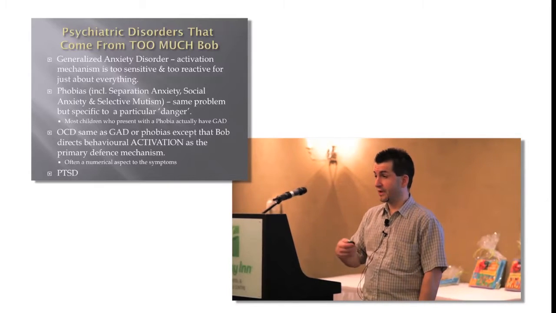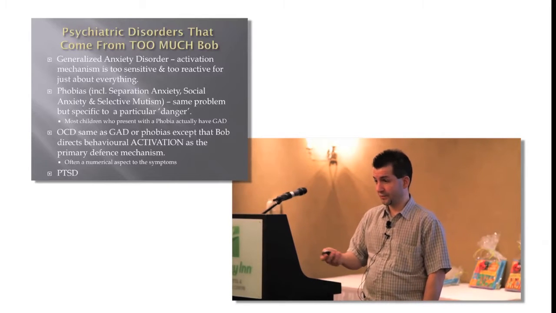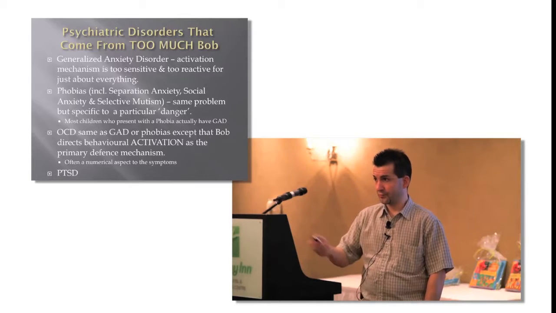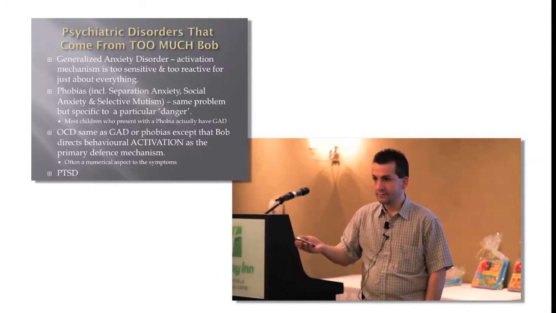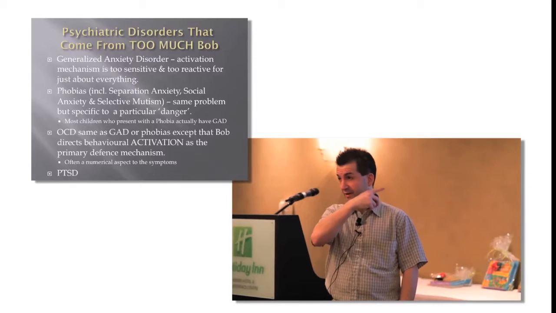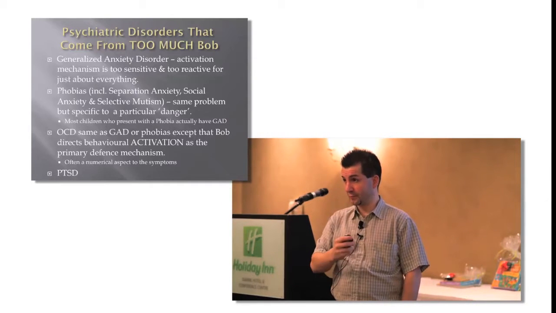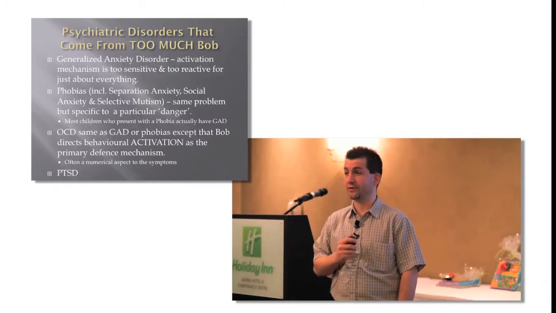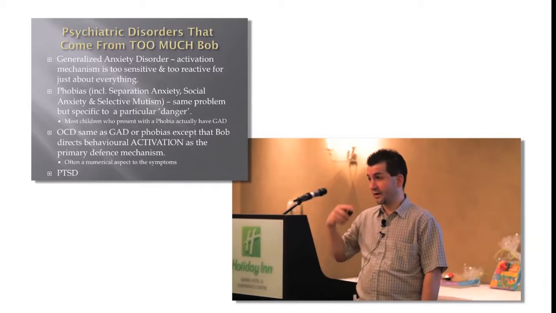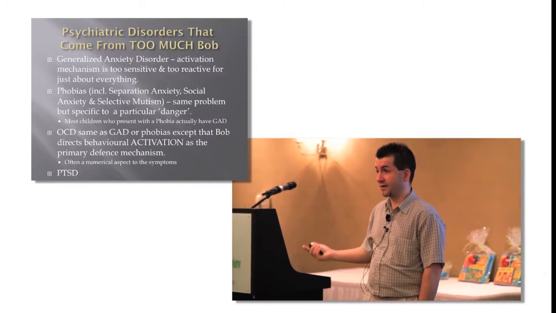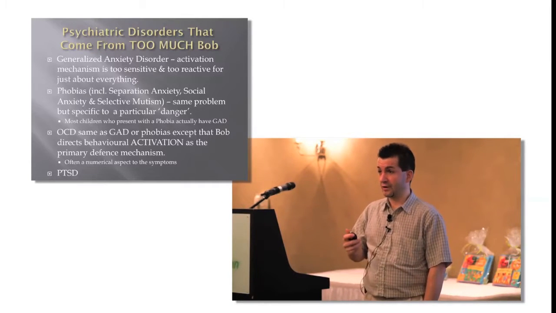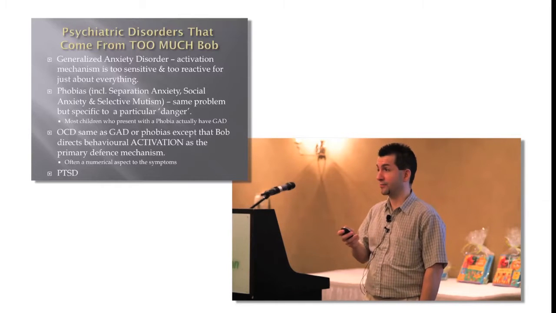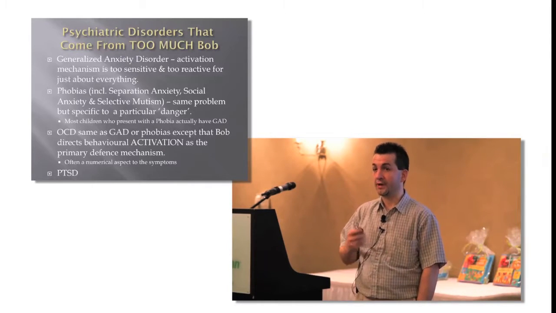Kids who are extremely anxious, controlling, worried about everything, who will wash their hands, worried about germs, won't touch things, but they wash their hands once. That's more extreme anxiety, but still with a lot of behavioral inhibition as opposed to OCD. OCD, when it comes to treatment, is a much tougher bird to catch, which is why it's got its own separate category. It's kind of like anxiety on steroids. It's really hard to treat and does require professional intervention, and the sooner you get at it, the better, because if these things go on for too long, it can become extremely difficult to fix down the road.